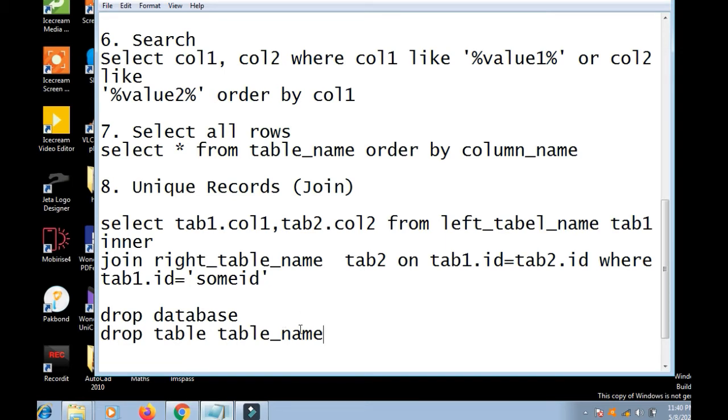So now we will use MySQL, and we will use the interface phpMyAdmin. Now let's see how to do that.